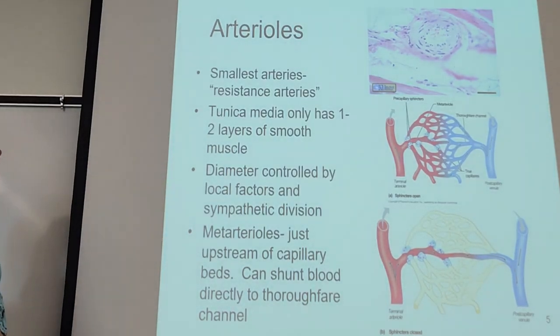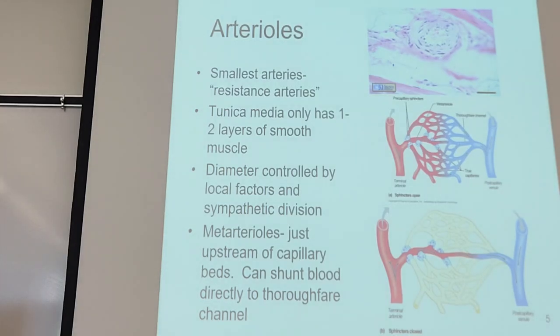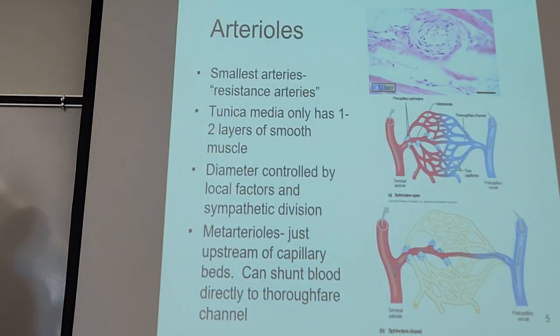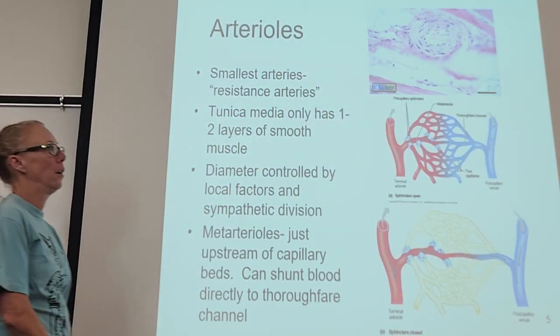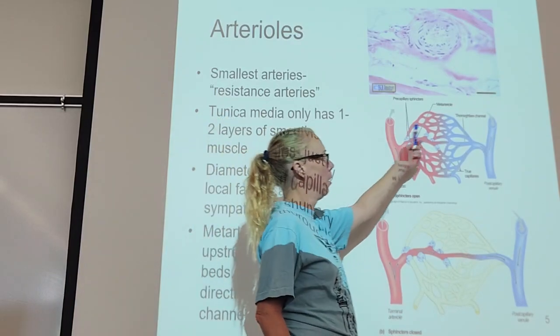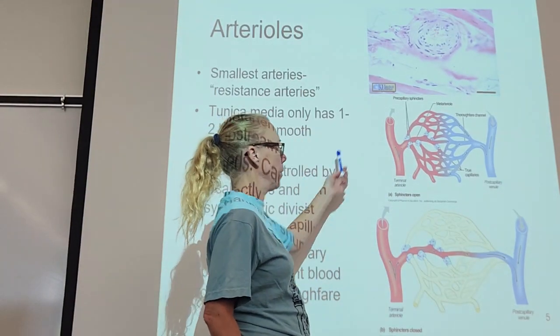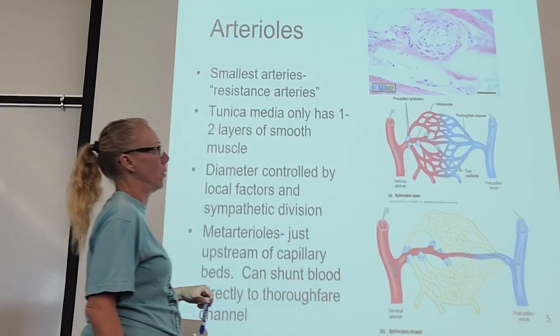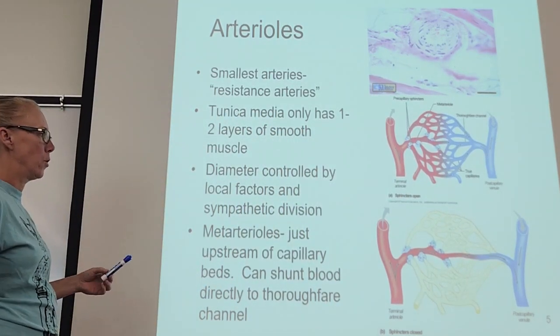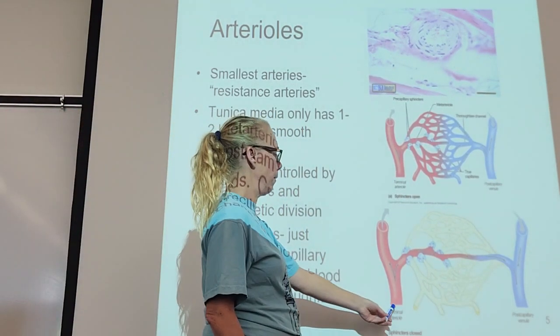Now arterioles, the diameter goes way down, so we call these resistance arteries because there's a lot of pressure in these structures, okay? So, in this picture here, we've got two different scenarios, okay? Two different capillary beds in two different parts of the body, okay? So, coming off of an arteriole,